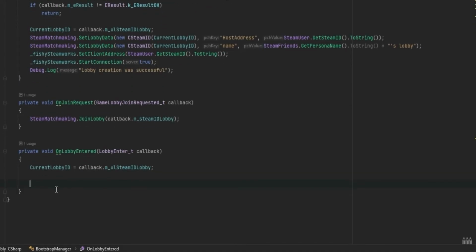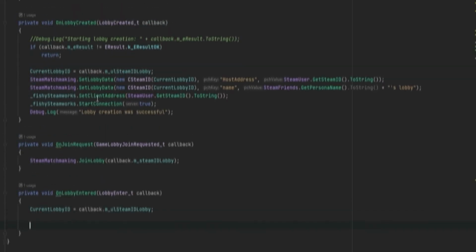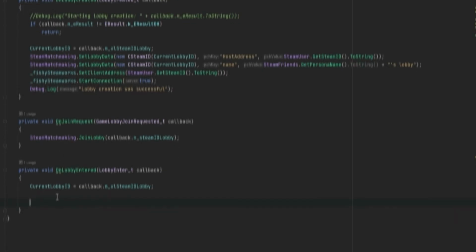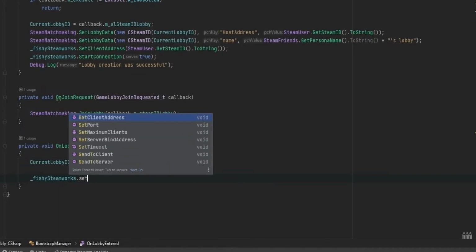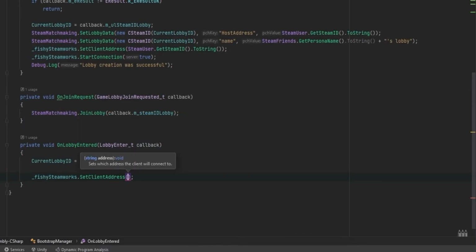And now what I basically want to do is just start the connection. So the same way up here as we set the client address, I can grab _Fishy's teamworks dot set client address. And well, now is where we need to grab the data that we set up here in terms of the